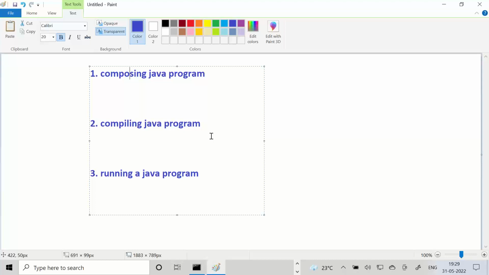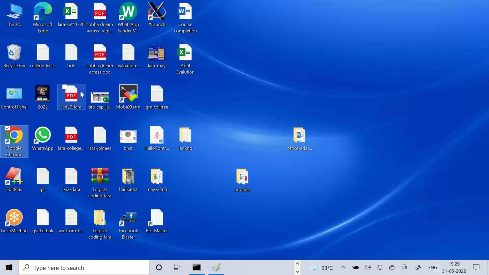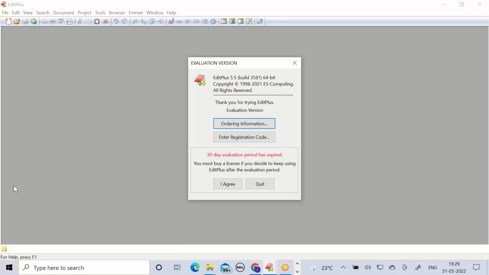Guys, go to the desktop. You can see Edit Plus on the desktop. The first time, it will ask some kind of evaluation, so just select trial.